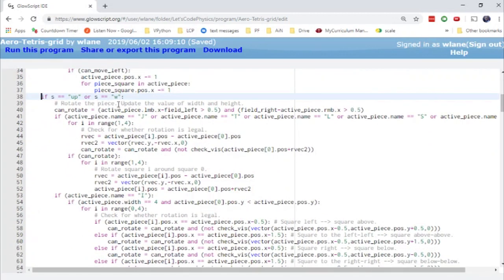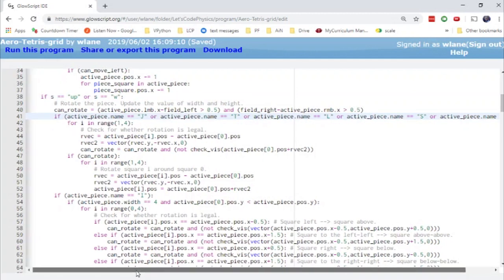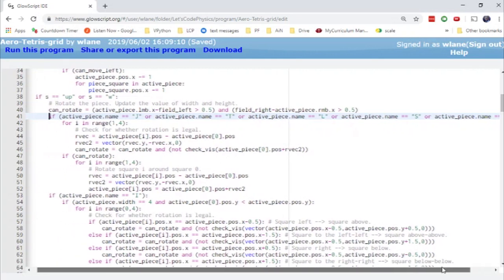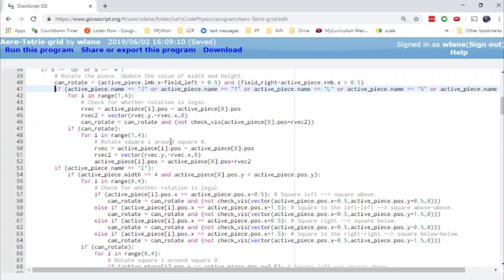So if you press the up arrow key or the W key, then we're going to check for whether the thing can rotate first. First, we're going to take a look at the vast majority of the pieces. So this is J, T, L, S, or Z. They all follow the same rotation rules, which is you identify the 0th piece in the list. That's the anchor piece. That's the block that stays in position. And then everything else just rotates around that. Basically, you calculate the relative position vector between the current block that you're looking at and the 0th block, the anchor block, and then you perform a rotation here that rotates